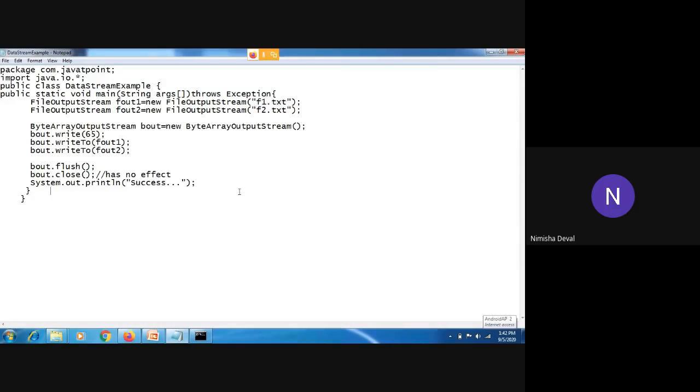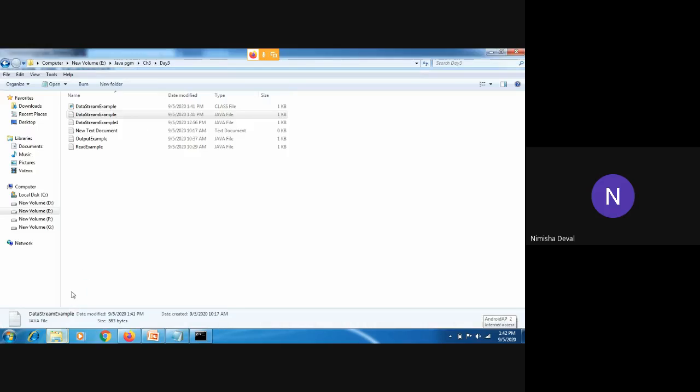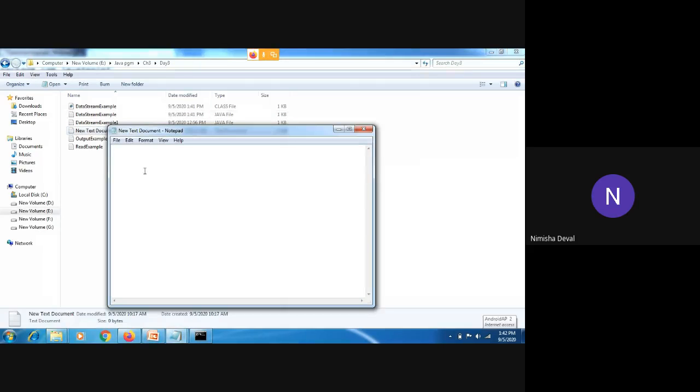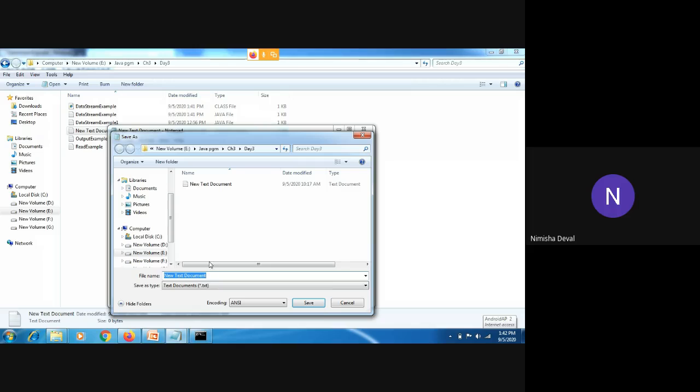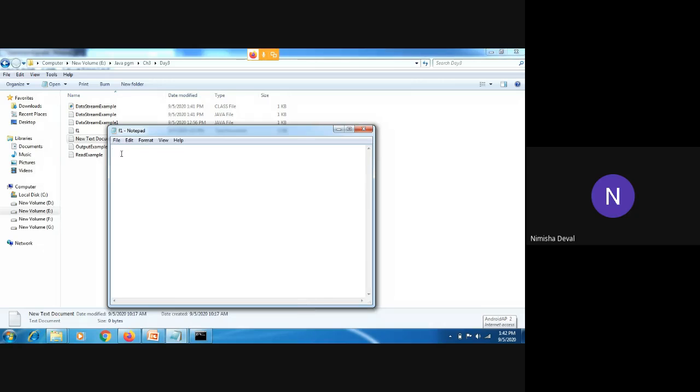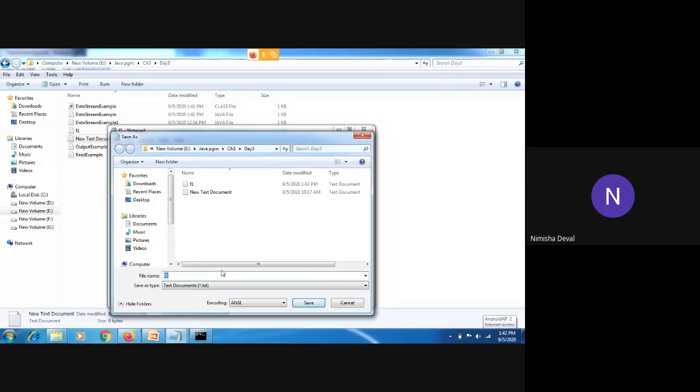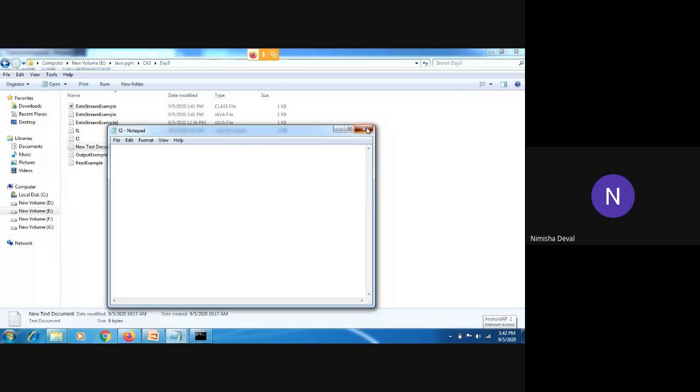So what you have to do, you can create those files by giving the names F1 and F2. Okay, blank files are there.